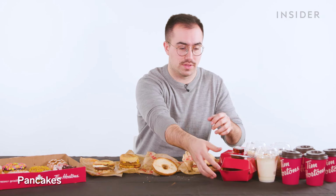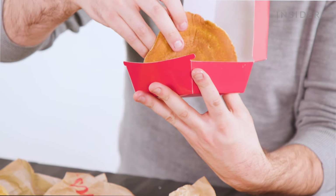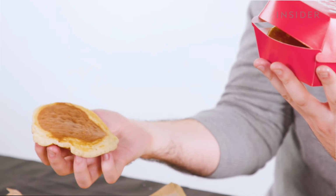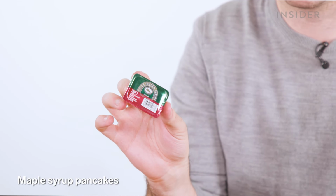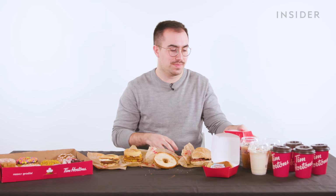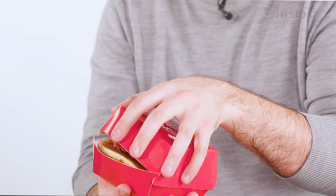UK Tim Hortons also sells pancakes. Now these are American style pancakes, so they are small, round, and thicker than British pancakes, which tend to be more like crepes. They come in portions of 2. This one comes with some Nutella. You can also get maple syrup pancakes, which are just the same, but with a little thing of maple syrup, or maple flavored golden syrup, because apparently that's what we have in the UK. Or you can get bacon maple pancakes, which are 2 pancakes with bacon and also the syrup. Although,